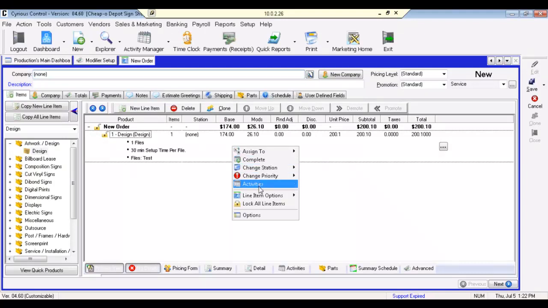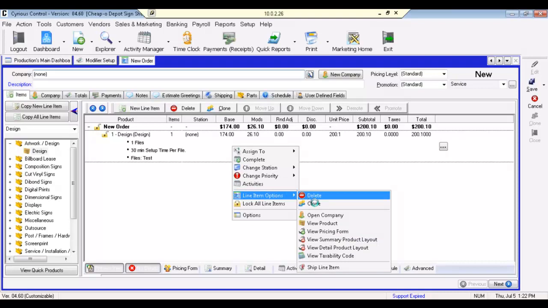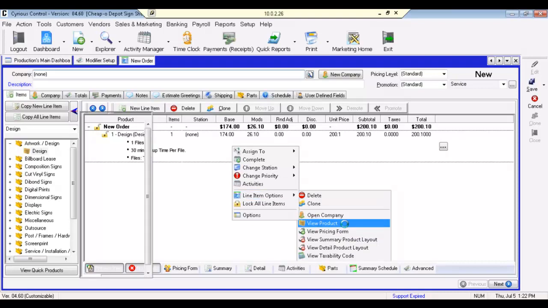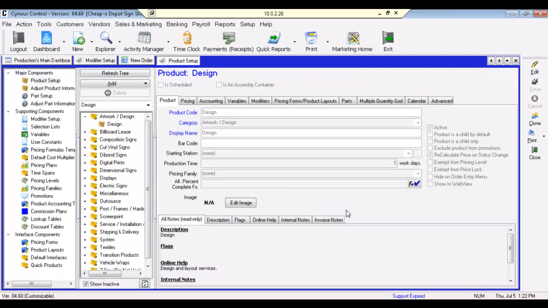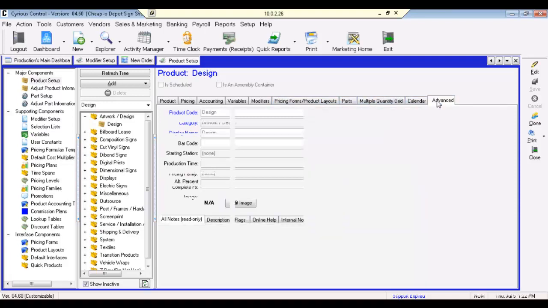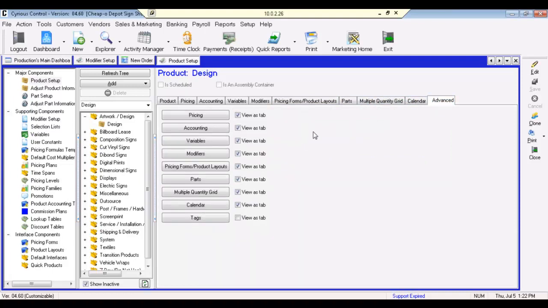I'm going to go to Line Item Options, View Product. From here, it takes me to the product setup for this product. I'm going to click on the Pricing Forms / Product Layout button. If you don't see this tab, you may have to click on the Advanced tab and then make sure the checkbox next to Pricing Forms Product Layouts is checked. So go back to that tab,